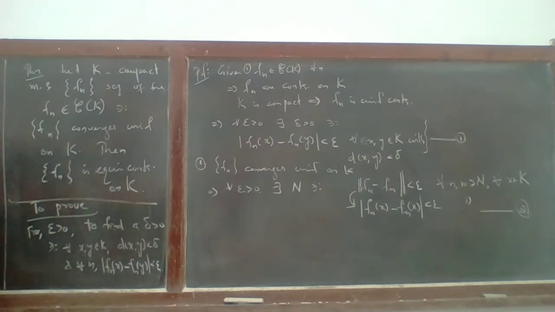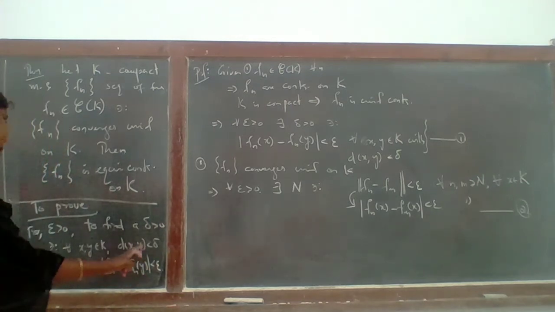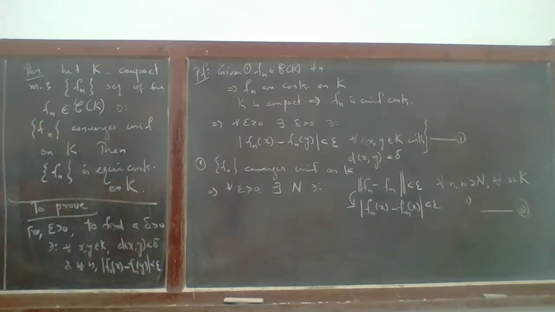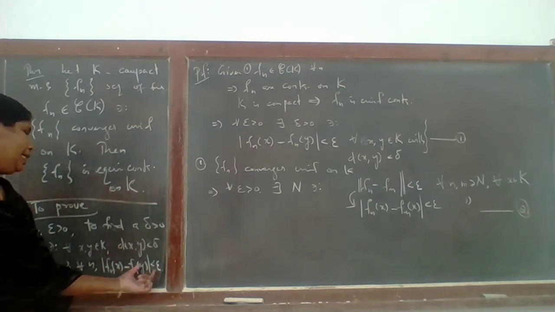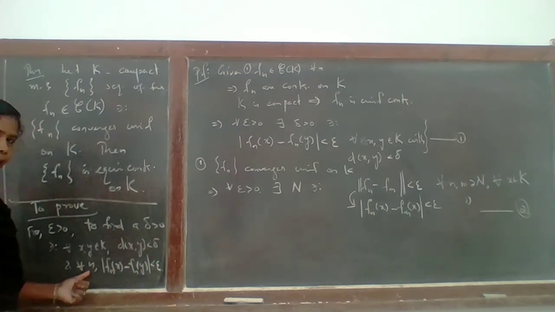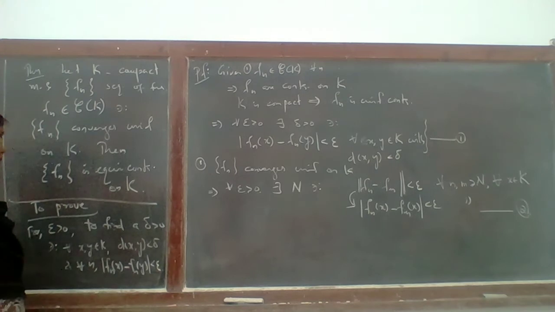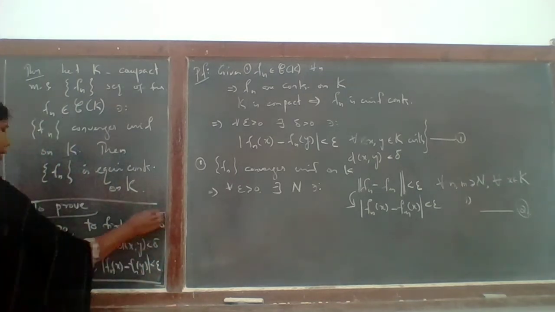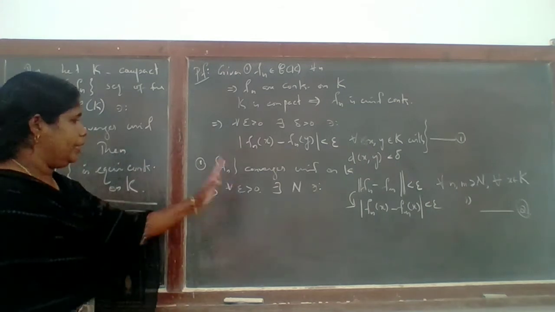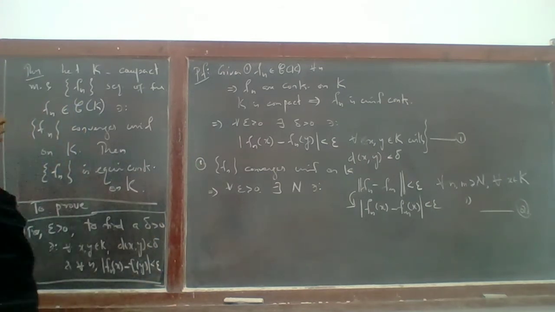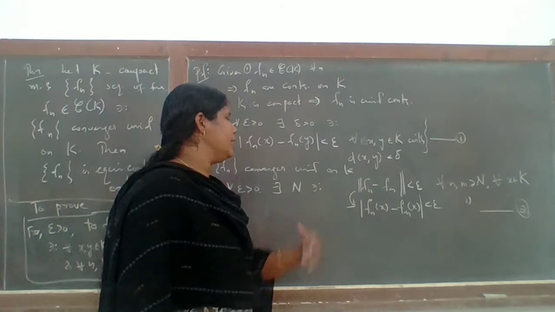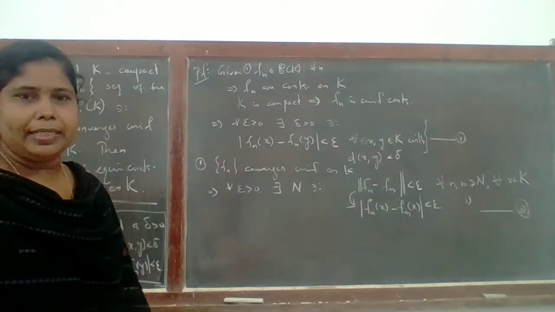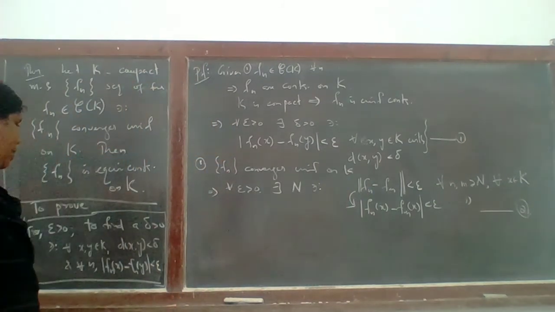So for all epsilon greater than 0 and for all x and y in K satisfying this, we have to get this less than epsilon for all n. This is the definition of equicontinuity. This is the one we want to prove. The two hypotheses give us facts that can be extracted from them. Okay, how we can